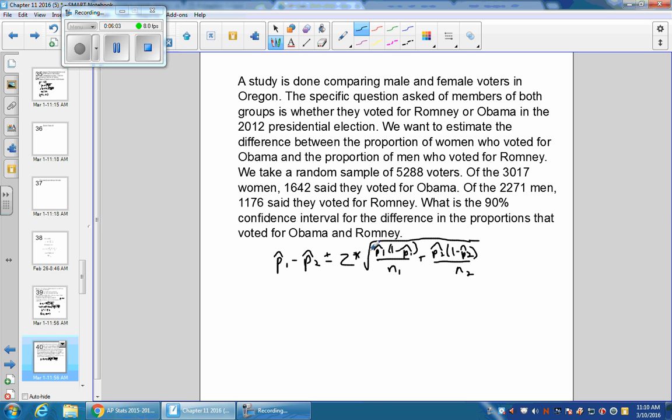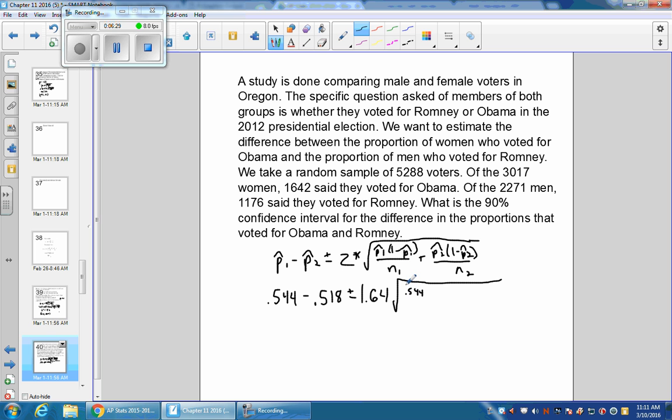All right, so now we just have to do the math. So now when we subtract the two proportions, I get 0.544 minus 0.5178, so that 0.518, plus or minus z star for a 90% confidence interval, which is 1.64, times the square root of